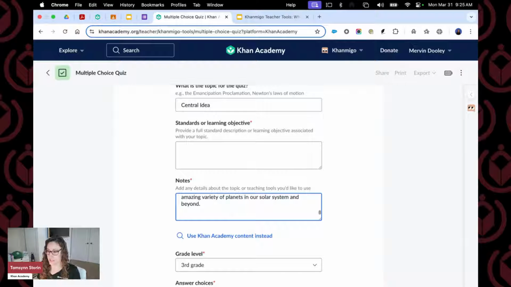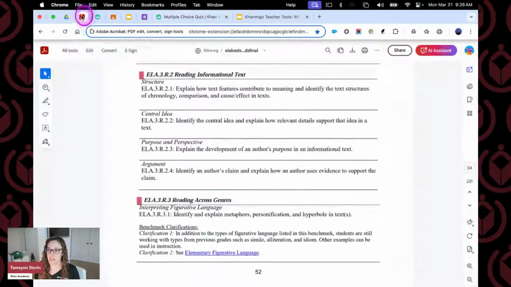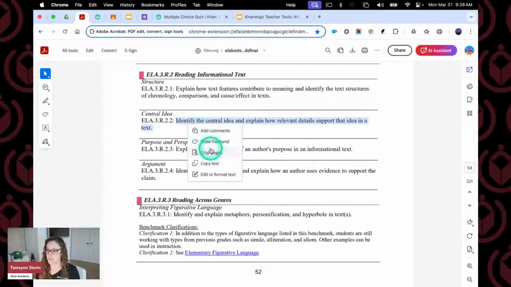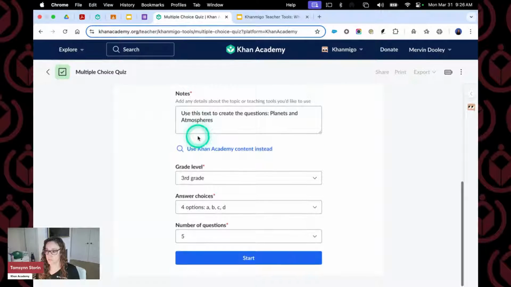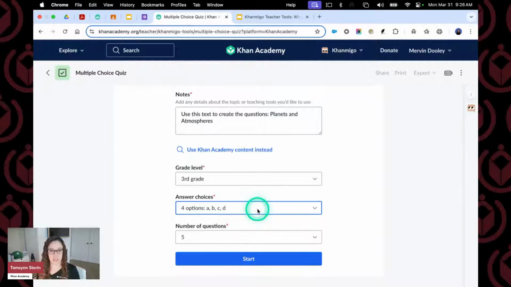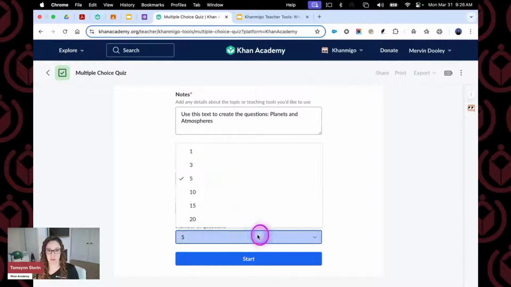And I'm going to paste the text here, which is now in. I'm going to go back and get my standard about identifying the central idea. Paste that here. Third grade level, I want 4 answer choices, and I'm going to do 5 questions.